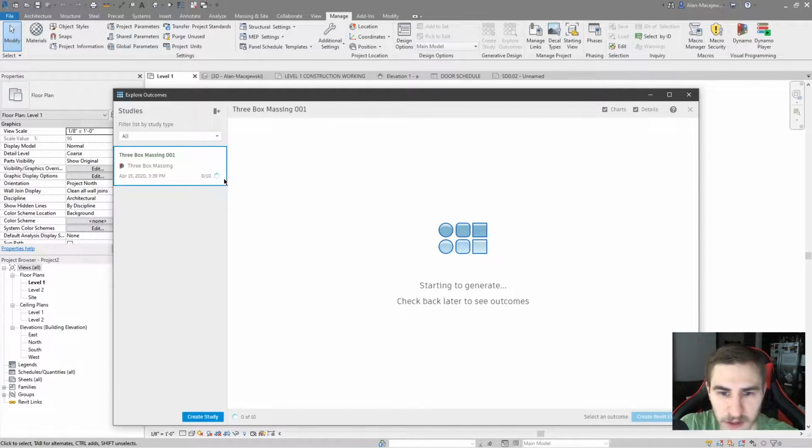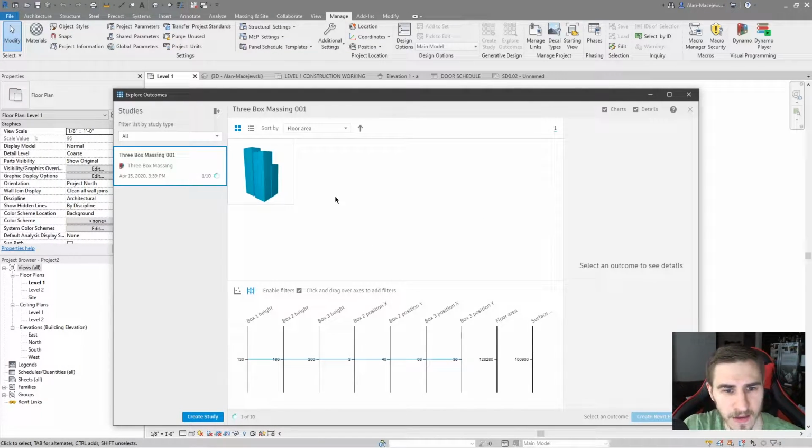It's got the date and all the information, and you can see that it's starting to generate. And you can see the generations here, 0 of 10 completed, and this shouldn't take all that long. And so yeah, you can see it's starting to populate here, and as it does, the generations are going to